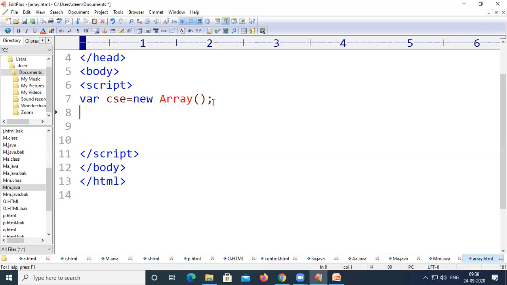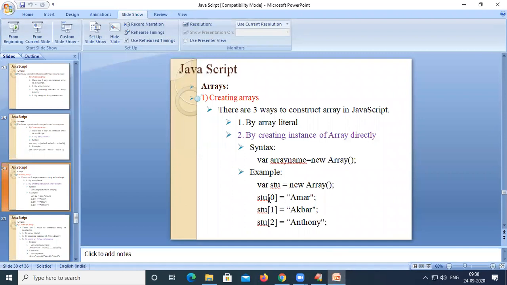Now let us initialize this particular array. If you want to store at the first index, you need to give the array variable name, index value, equal to the value which we want to store at that particular index.